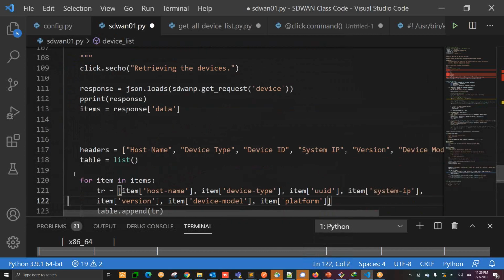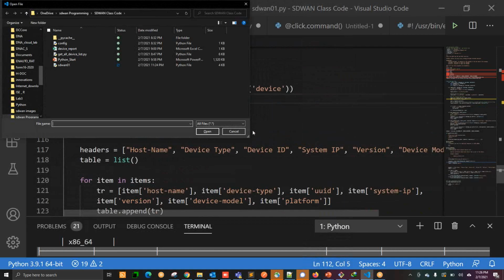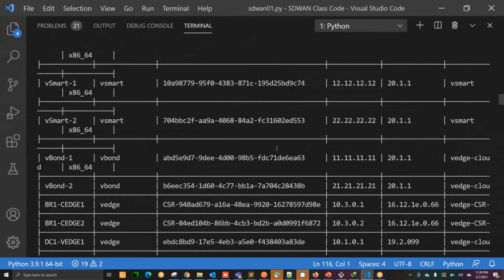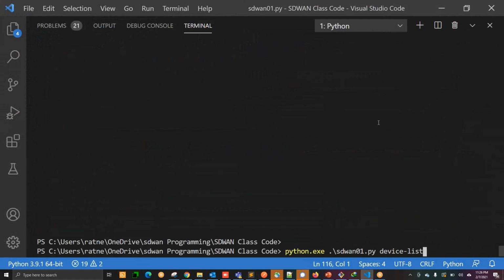Now we can go to the bottom where we want the result in the print format. I can go to the place where I have my pprint. So here you can see pprint is okay, but we are not calling from some outside package. We have our own function. Oops. Then let me quickly save this. Once I save this, again I can go to the terminal, to the CLI, and run this program one more time.